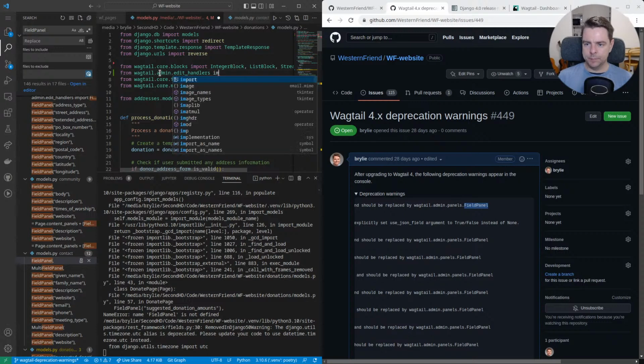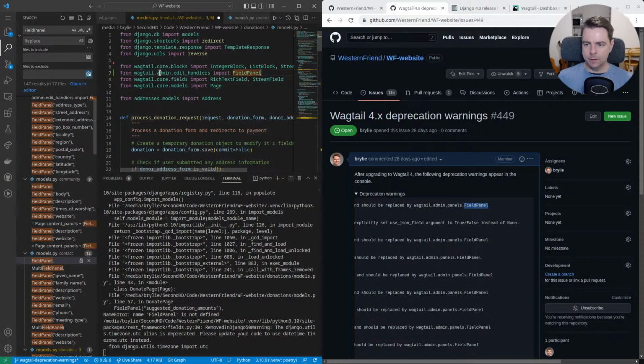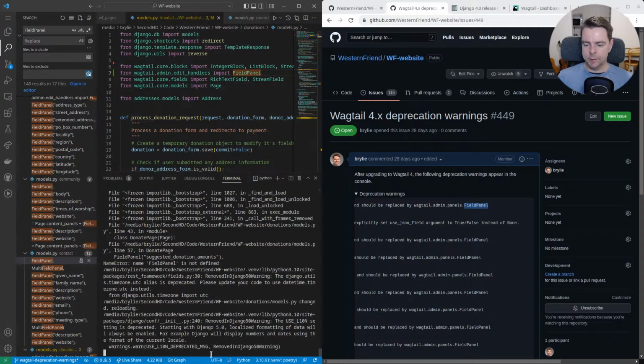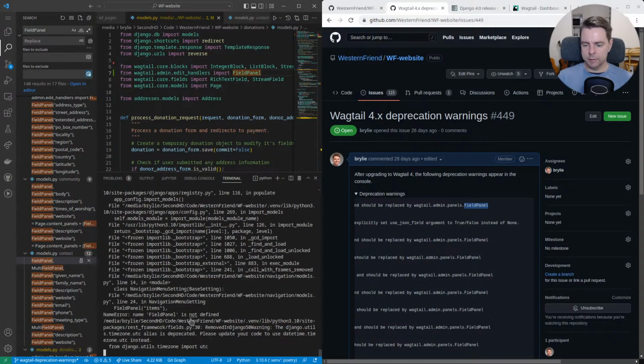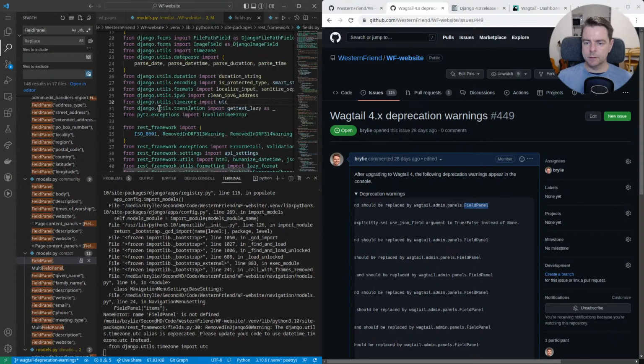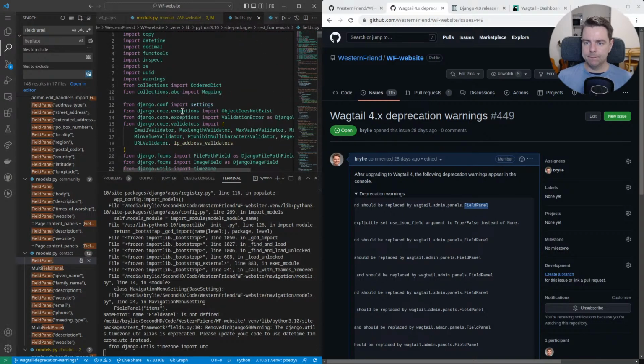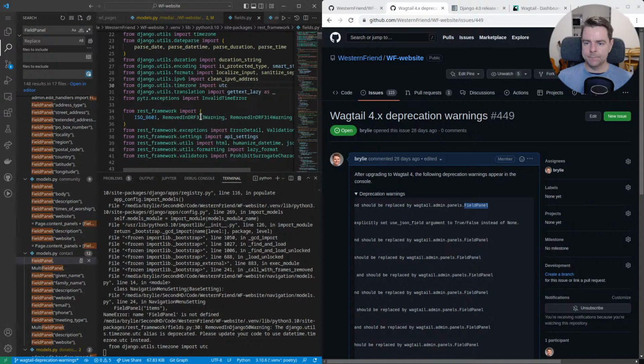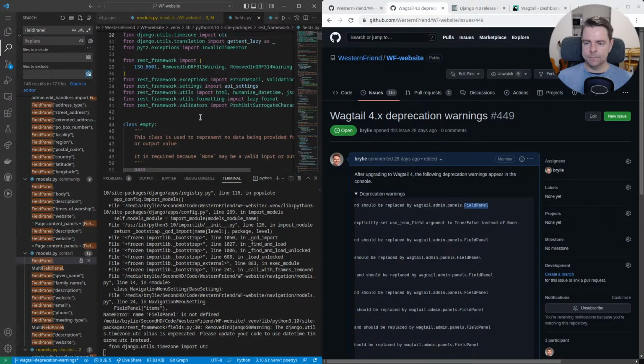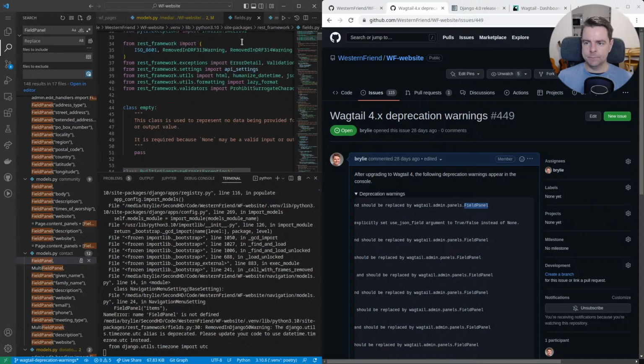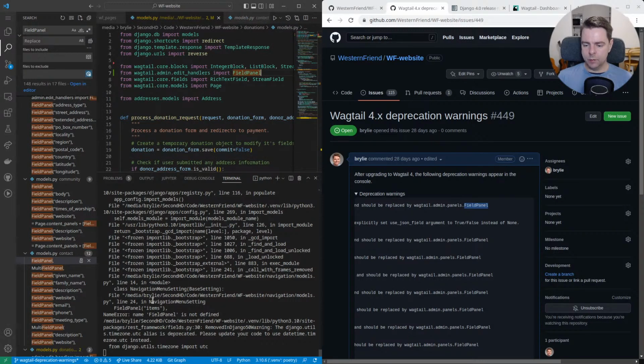forms. There we go. So there might be a couple more of those. Let's find out. Field panel's not defined. Yes. This is going all the way into the core, so